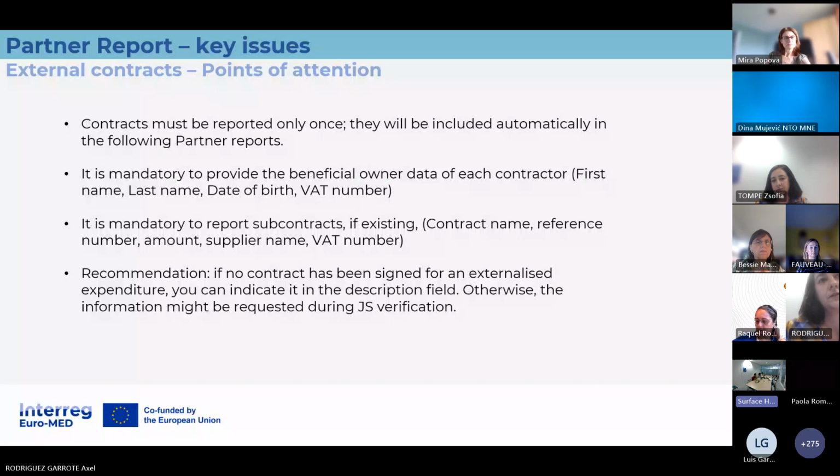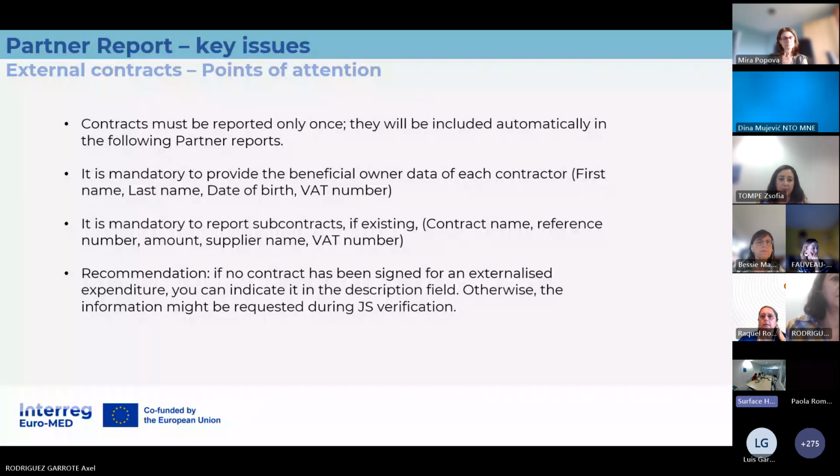When you report the first expenditure related to a contract, you do this reporting as I said before. Once a contract is created in GEMS, it will be included automatically in the following partner report, so in the next report you can use what you already filled in this section.